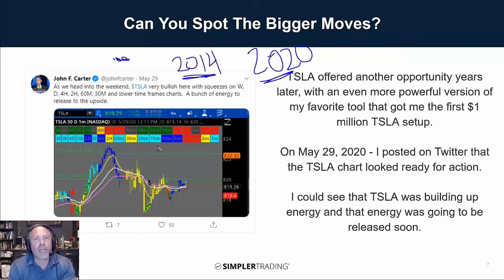And so on May 29th, 2020, I posted this on Twitter. It said, all right, as we head into the weekend, we've got a daily squeeze, we've got a 4-hour squeeze, and these are time frames, by the way. So on the 60-minute chart, there was a squeeze, and on the 30-minute chart, there was a squeeze as well. And just looking at this, I sent this out, I said, look, this is a lot of energy,